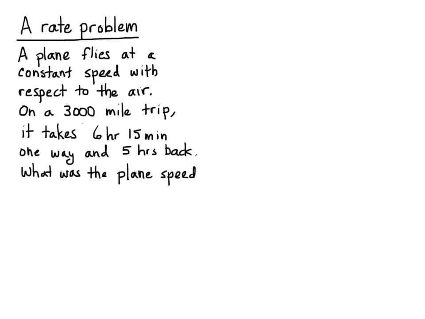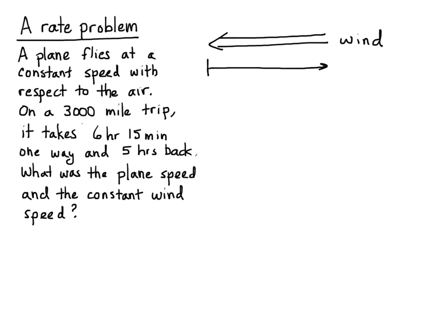Okay, so a plane is flying at a constant speed with respect to the air. On a 3,000-mile trip, it takes 6 hours, 15 minutes one way and 5 hours back. What was the plane speed and what was the constant wind speed? In one direction, the wind is helping the plane move along a little faster. On the way back, the plane is flying against the wind, so the speed with respect to the ground is less. All right, like all good word problems, we draw a picture,